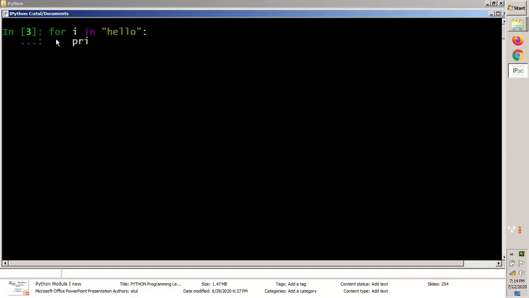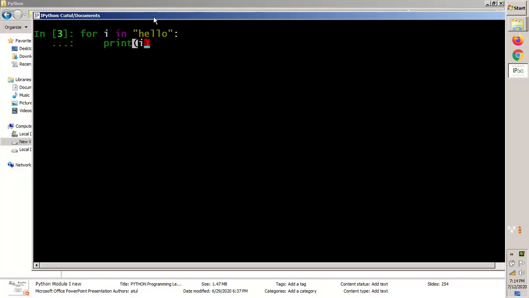Then I am printing the variable I. So in this case the answer of this statement is going to be H E L L O, each character of the string on the next line. So that is the output. So in Python we can use any iterable object, that means we can use a list, tuple or string.